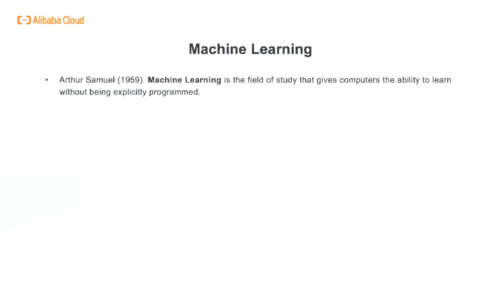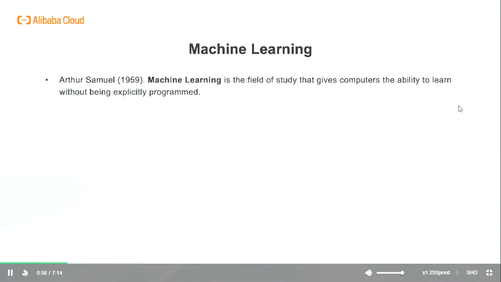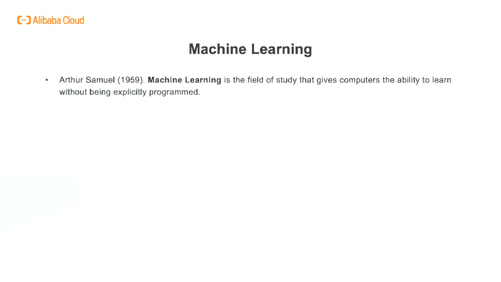Here are some existing definitions of machine learning. The first is author Samuel's definition of machine learning: giving computers the ability to learn without being explicitly programmed. Samuel also invented the term machine learning and contributed towards one of the most influential ideas in the field, a method called temporal difference learning, now a bedrock of the field of reinforcement learning.